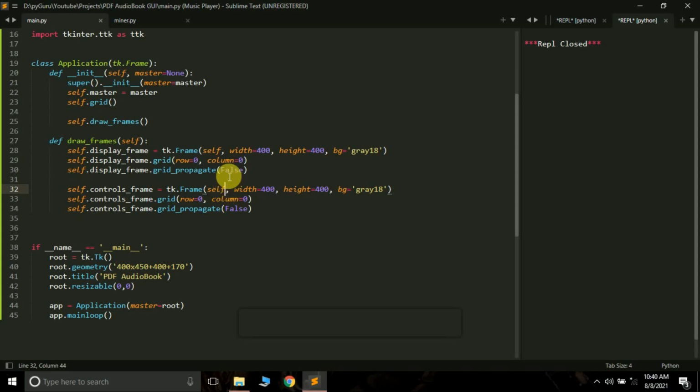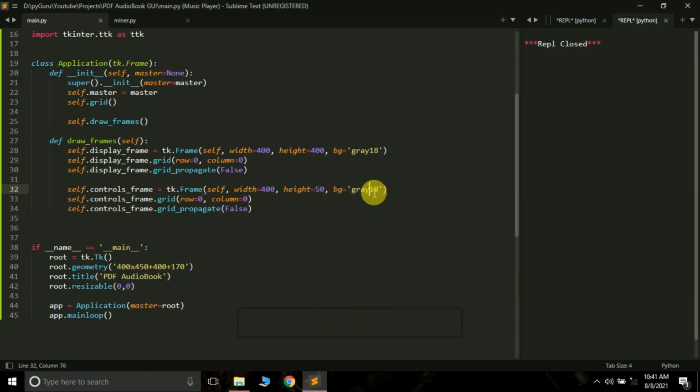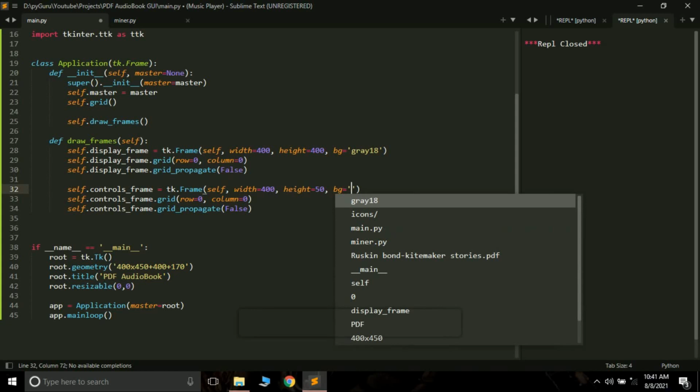Currently the parent is self, so we have simply passed self here. You can also pass self.master, and it will not make any difference. The first value is self, then the width is 400, but the height will be 50 pixels because our whole window height is only 450 pixels. So 400 pixels plus 50 pixels is this. Now here you can pass the color. The color I want is simply gray25.